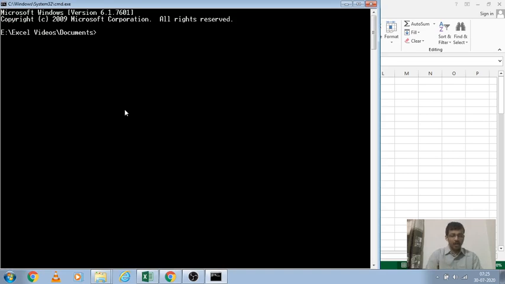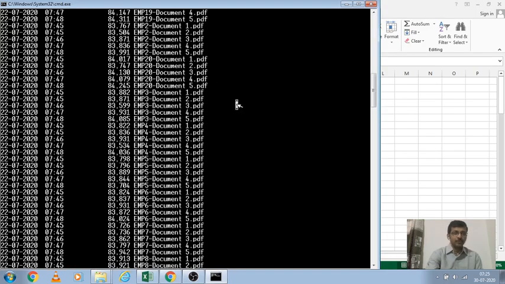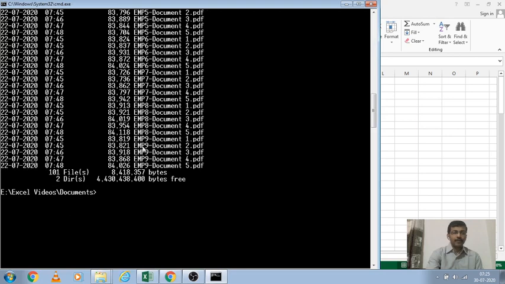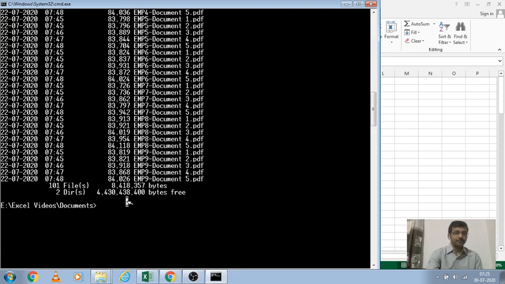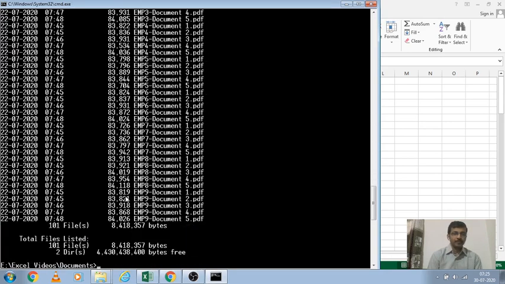First, let us see how the dir command will work. Currently, the path is in the documents folder. If you just press dir, it will list down all the document names. Now, I am using some filters here. dir /s means it will show the full path of the particular file, including the subdirectories also.